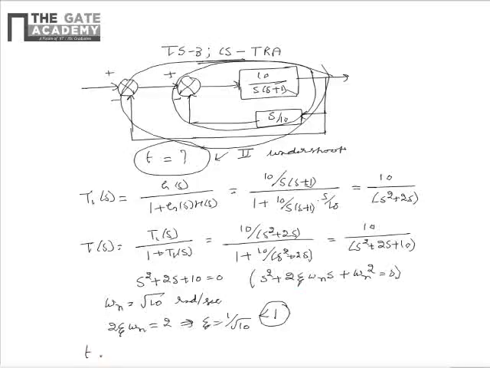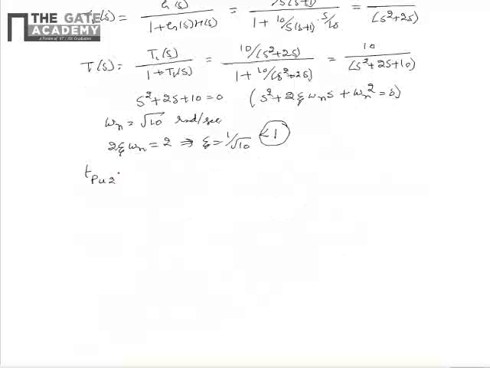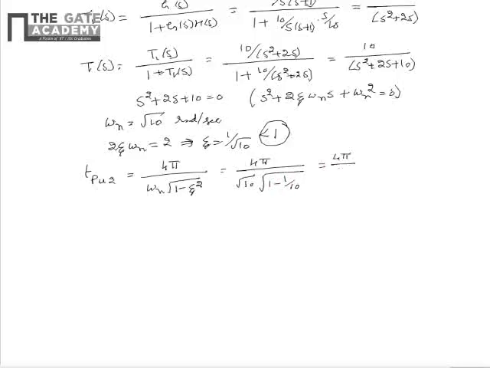So the instant of the second undershoot can be given as TPU2 is equal to 4 pi divided by omega n multiplied by square root of 1 minus eta square, which can be simplified as 4 pi divided by root 10 multiplied by square root of 1 minus 1 by 10, that is equal to 4 pi by 3. So for the given control system, the second undershoot occurs at 4 pi by 3